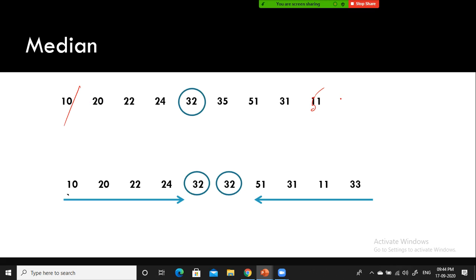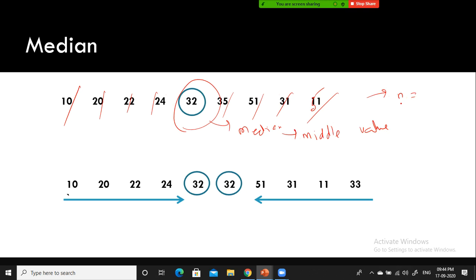In simple terms, if you keep cancelling the first and the last, and this one and this one, the middle one is the median. Median is nothing but the middle value. In this case we have 4 plus 4, 8, plus 1, 9. My sample size, I call sample size n. This is the notation they use. How many data points are there? 9. Is 9 even or odd? It is an odd number, right? The sample size is odd. Hence, finding the middle value is very easy.